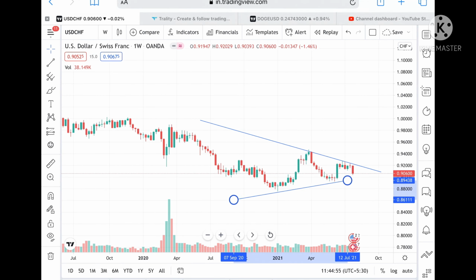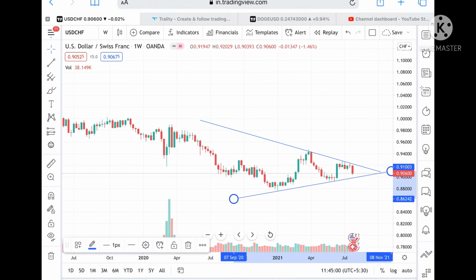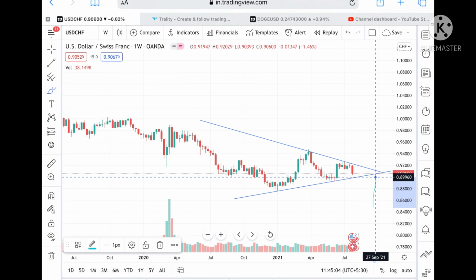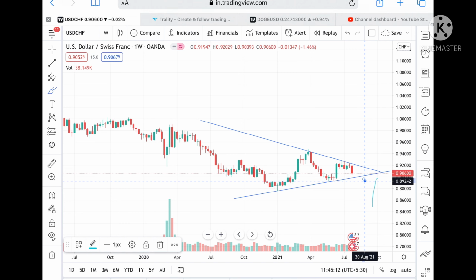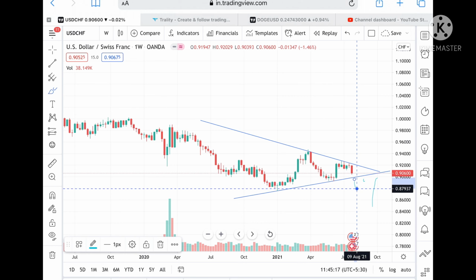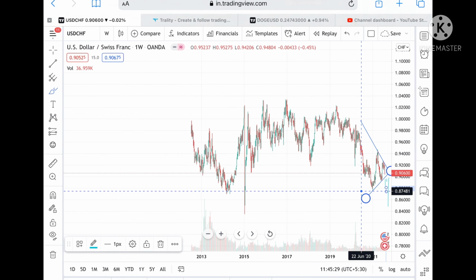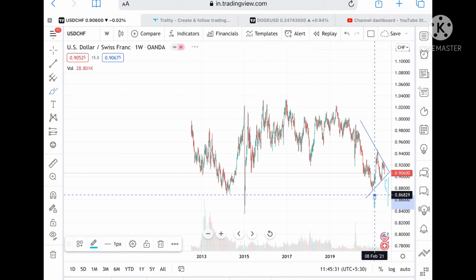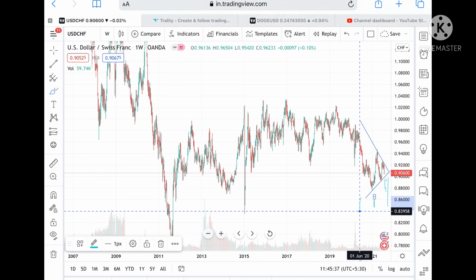So what you have to understand here is, suppose it goes below this level, if it comes close to the trend line, around 0.89, then chances will be very high that if it breaks this trend line, it can touch a level of 0.89242, and from there we can see a level of 0.87937, and if it goes, then a level of 0.87481. And if it doesn't sustain this level, then we can see a further low to a level of 0.8629, and from there another low of around 0.85720.